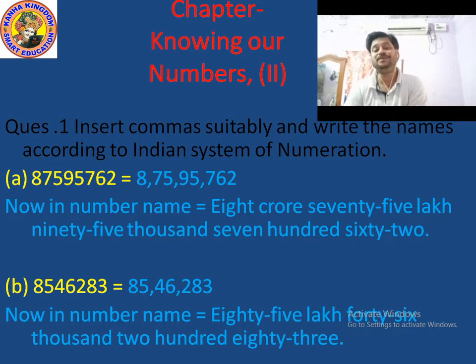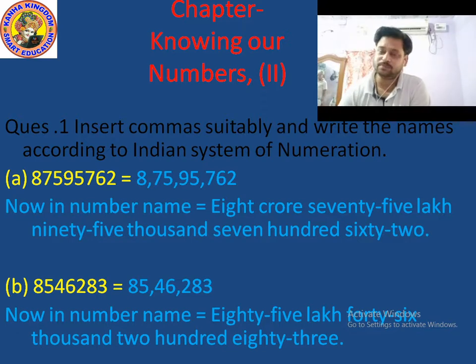Okay, so which digit is in the ones place? 3 in the ones place. Which digit in the tens place? 8 in the tens place. Which digit in the hundreds place? 2 in the hundreds place. Then make a comma, because in the ones period there are only 3 place values, and after completing the ones period move to the thousands period, and in the thousands period there are only 2 place values, that is thousands place and ten thousands place.